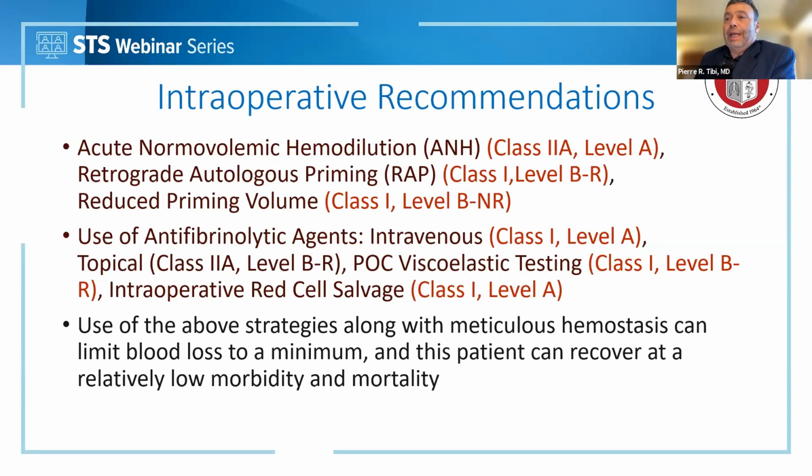So using all of your armamentarium as best as you can in these very, very difficult situations should reduce blood loss to a minimum. But as we all know as surgeons, or anybody who's stepped into the operating room, meticulous hemostasis is obviously the key to getting this patient through with a relatively low morbidity and mortality, making sure that the patient is absolutely dry before you take them back to the intensive care unit, because you have no safety